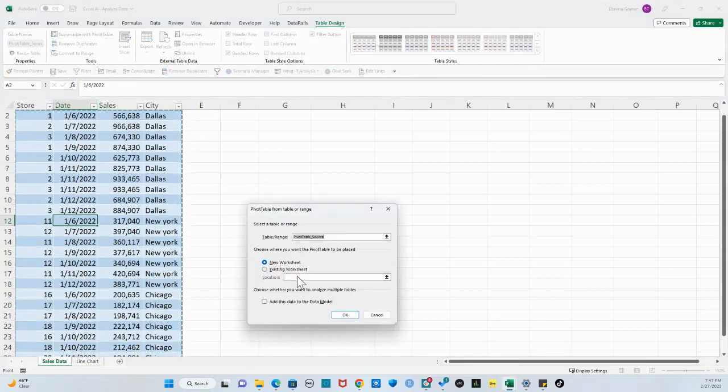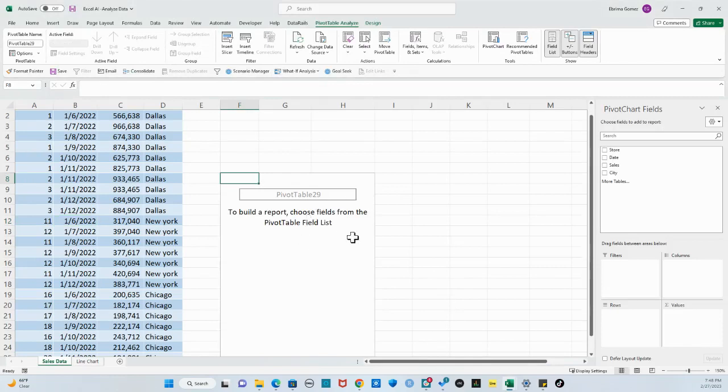Click over there, and then Excel will ask you, where do you want to put this pivot table? So basically we want to put it somewhere here. So we'll click there and then click enter. Now all we need to do is design our pivot table. We want to summarize this data